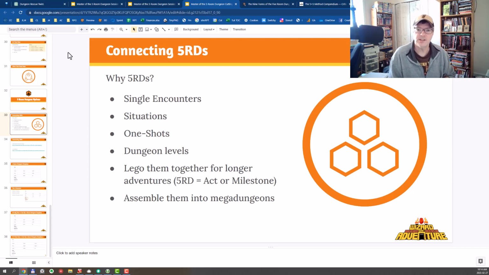You can also stitch together multiple 5-room dungeons, as I have in the icon here. So you can add multiple to be an entire dungeon level. So you could have 3 or 4 or 7 5-room dungeons connected. And I like this approach to adventure design, where you have multiple connected 5-room dungeons, because as a friend